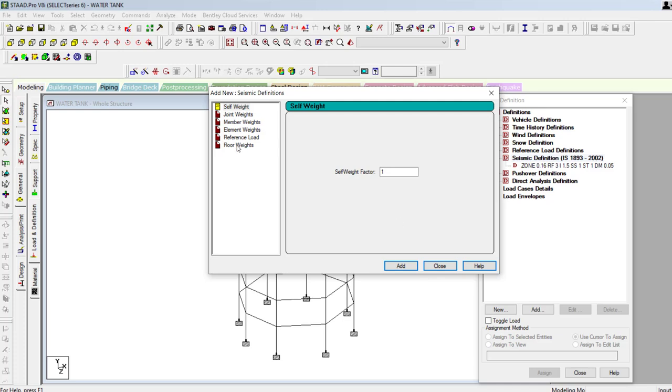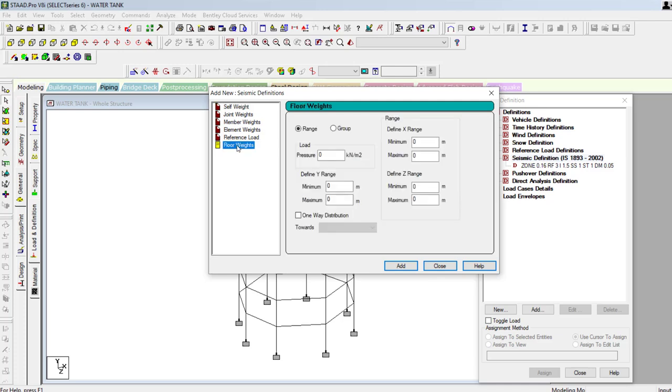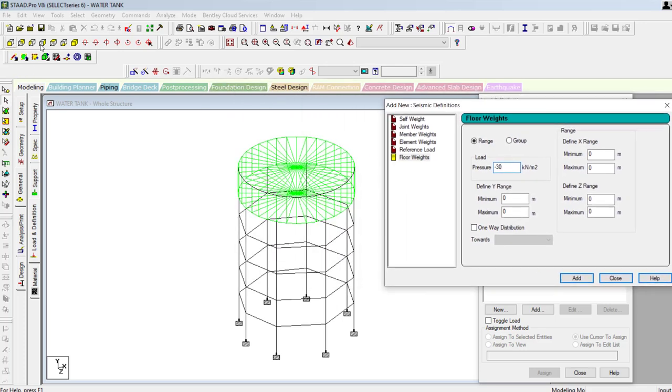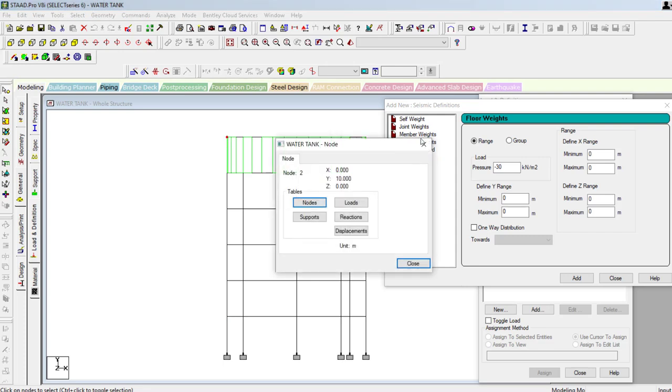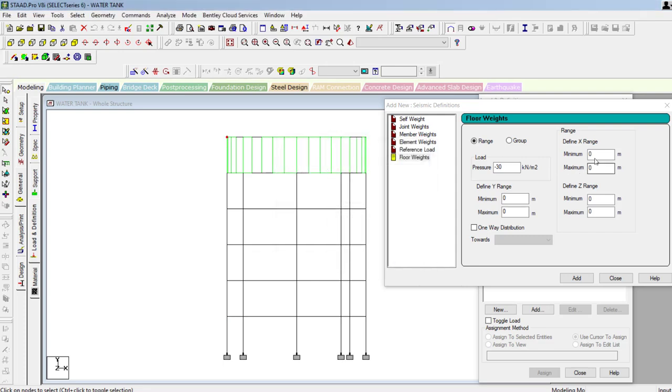After that, they have given clearly the floor weight about minus 30 kilonewton, that you can put here, and you have to give the minimum to maximum range of the water tank. For that, with the help of node cursor, the minimum range is minus 5 and then maximum is 10.